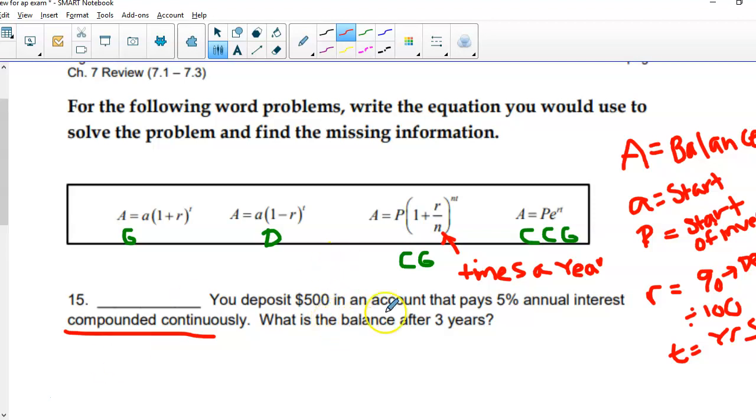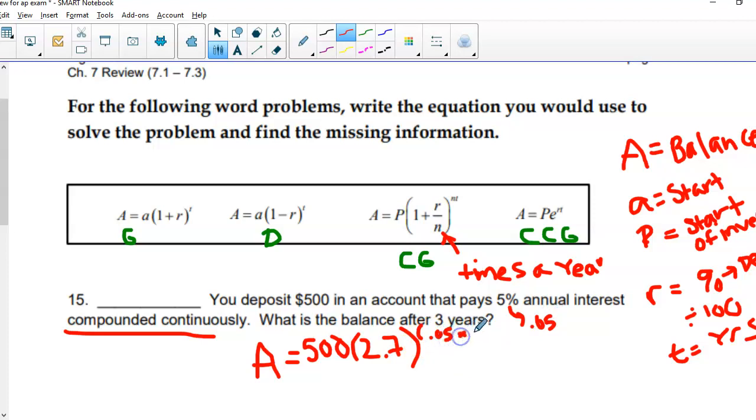So you deposit $500 into an account that pays 5% annual interest, compounded continuously. So I know I'm using A is equal to P e to the rt. I want to find the balance, that's A, okay? Or the ending, okay? P is my initial investment, so that's $500. e, now I'm going to change that to 2.7 to the r times t, okay? Well, r is my rate, so I need to divide by 100 to give me 0.05. So I'm going to put 0.05